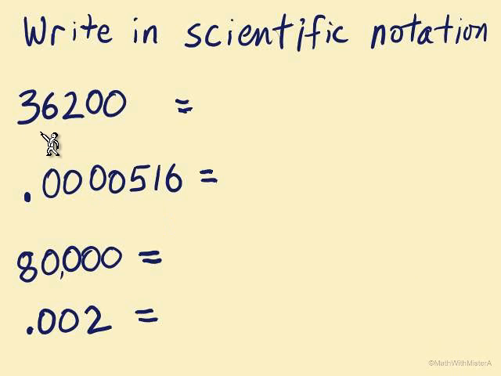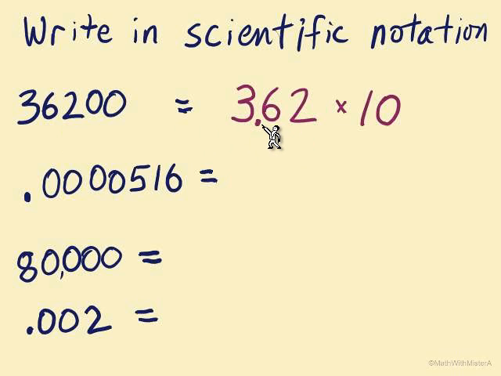First example, 36,200. I'm bringing over those non-zero digits, 362. I've got the decimal point right behind the first digit, the 3. And now how many places would it need to move if it's in between the 3 and the 6, and it needs to end up back behind the last 0? So it's looking like 4 jumps, 3.62 times 10 to the 4th. Next one,